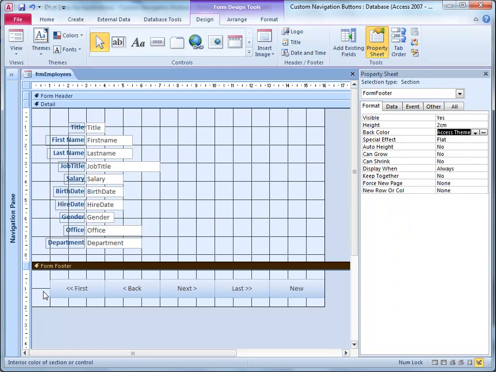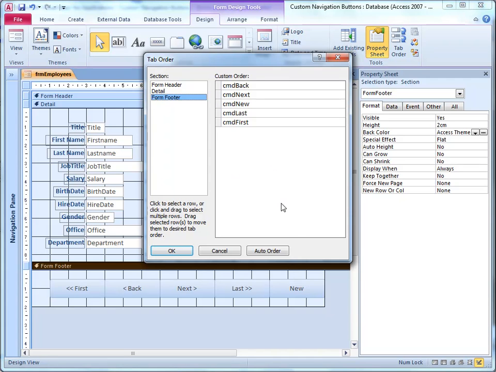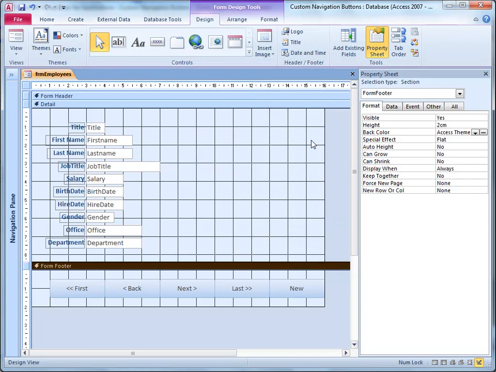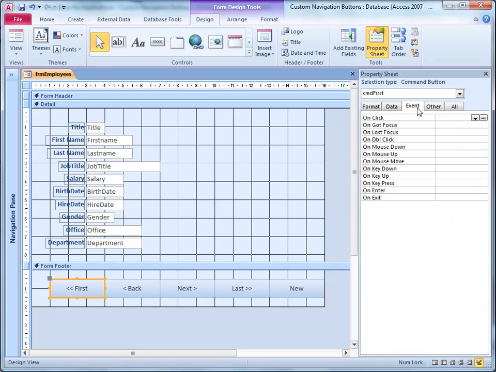And I'm just going to modify the tab order. This time I'm going to use the auto order. There we go, first, back, next, last, new, which is correct. Click OK then. Okay, I need some code for these, so I can do it as I did before. So first button, I want the on-click event,